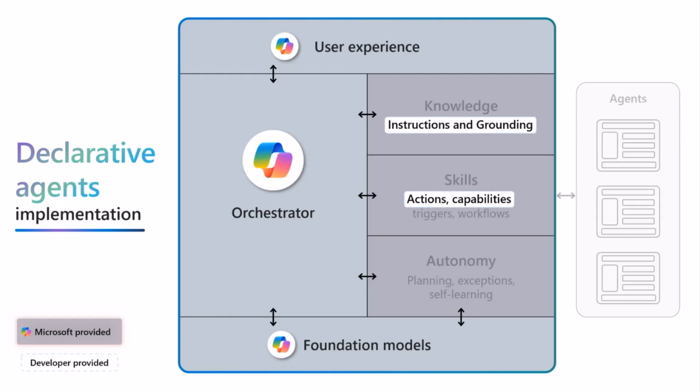But what you do control is the instructions and grounding. You're able to define the behavioral instructions, meaning how this instance of an agent will behave. The grounding means that you're able to associate knowledge, for example, files within a SharePoint site. So you can create a declarative agent and say, here's the SharePoint site where our HR information is stored. Associate all of your knowledge, not just on wild internet information, but also on these particular files in this particular document folder. That will basically do the RAG, or grounding, directly on the data in there.